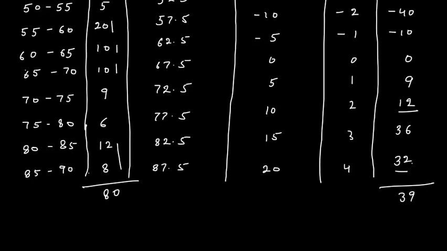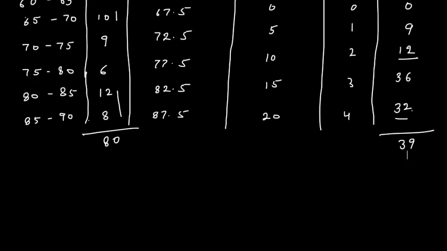Again let us cross verify. This is 6 plus 4, 10. 3, 3, 6 plus 2, 8. 80, 89. 89 minus 40 is 49. 49 minus 10 is 39. Right. This is 39. So the formula for mean, what is the formula for mean?